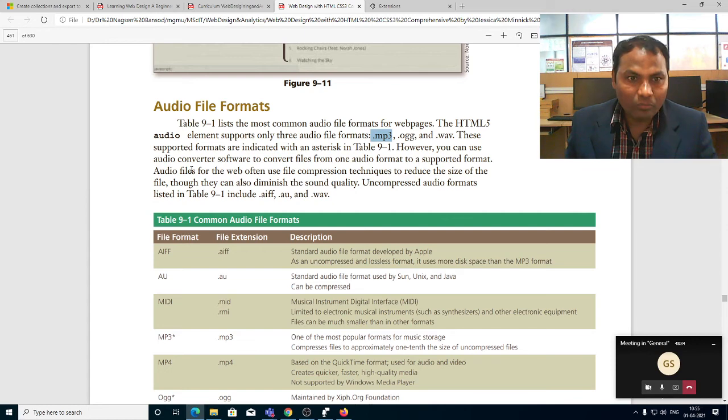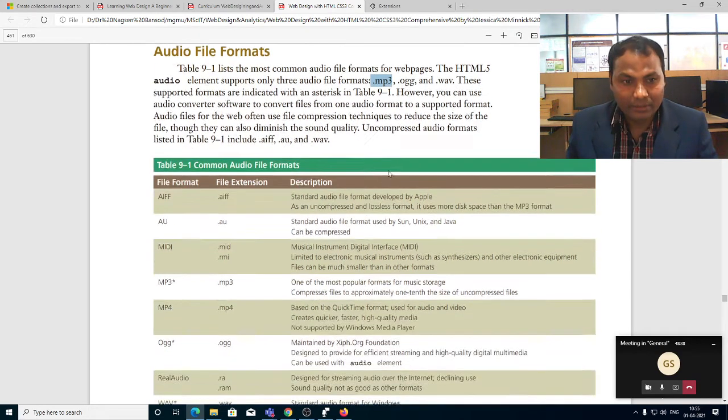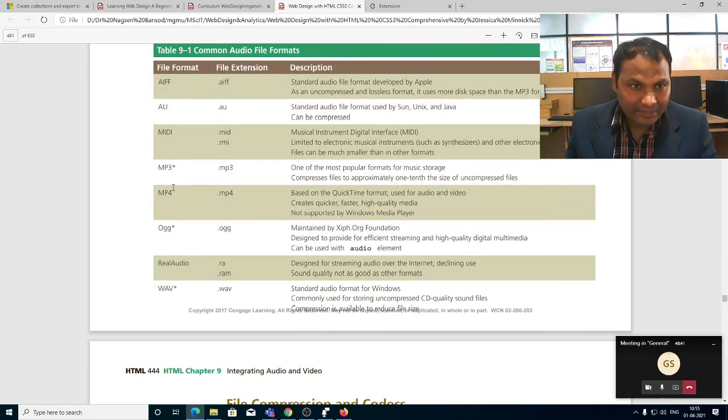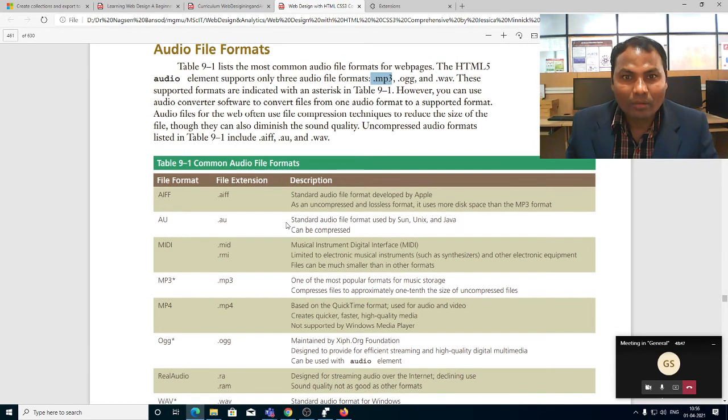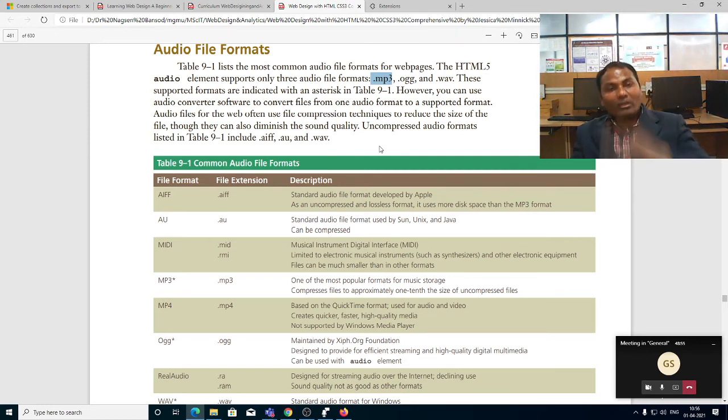These supported formats are indicated with an asterisk in the table. These are supported in HTML5 in table 9.1. You can use audio converter software to convert a file from one audio file format to the supported file format.